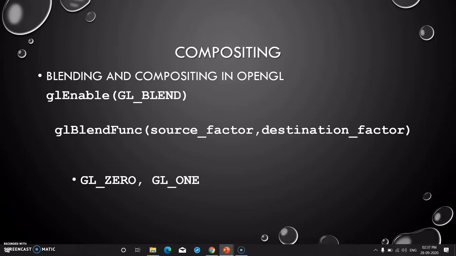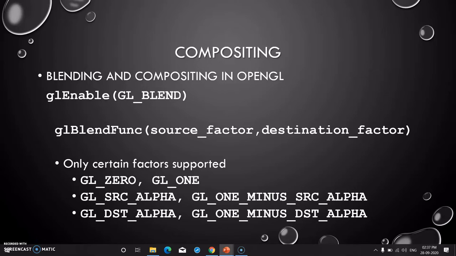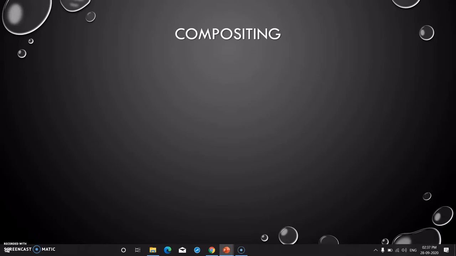The source factor and destination factor can be a combination of GL_ZERO, GL_ONE, GL_SRC_ALPHA, GL_ONE_MINUS_SRC_ALPHA, GL_DST_ALPHA, and GL_ONE_MINUS_DST_ALPHA. These are the combinations supported in glBlendFunc.